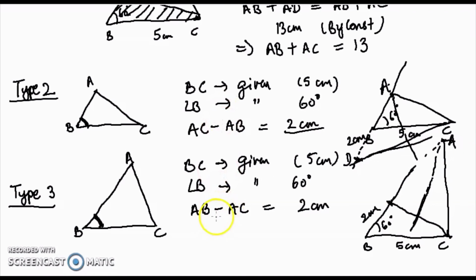Difference of the side is given, but which side is bigger, which side is smaller, that you have to decide and do accordingly. So you have to see which base angle is given. Base is given BC. So any of the angles could have been given to you, either angle B or angle C. Then you have to decide the side that is adjacent to this base angle, whether it is bigger or smaller. If this is smaller, then you will have to extend it behind and take 2 centimeters behind, difference of the sides. And if this is greater, then you have to take it ahead.